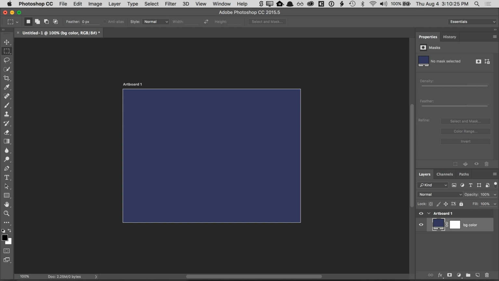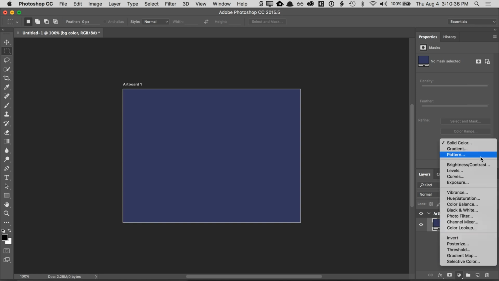I just get tired of writing out the word background, so I just say BG color for background color. Now I could have just left it as a solid color, or I could have chosen a gradient here as well. The only thing about these is if you choose a solid color, it might be a little boring, or if you choose gradients,